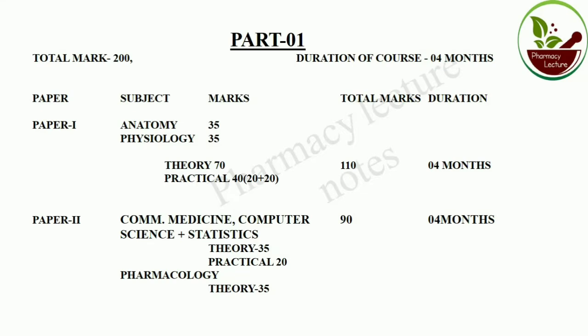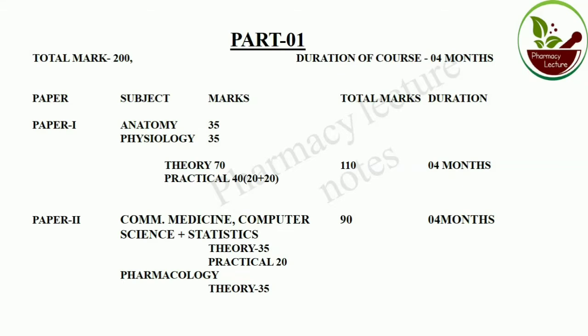In the first part, paper 1, anatomy and physiology, 2 subjects are covered. Anatomy 35 marks theory, physiology 35 marks theory, total 70 marks theory, practical 20 plus 20, that is 40 marks practical. So the total from paper 1 is 110 marks within this 4 month duration. Similarly, in the paper 2 examination,